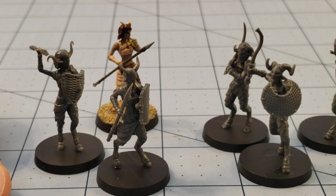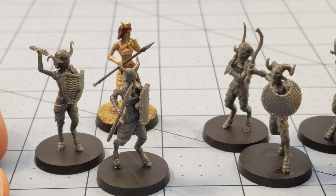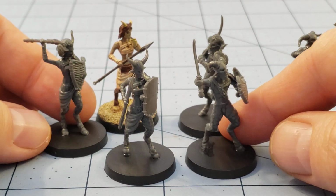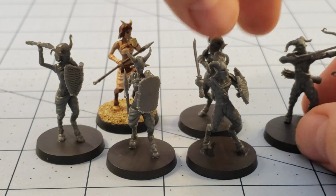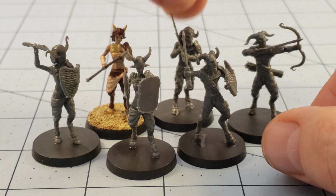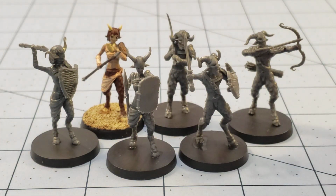Really, really well. So they're very thin, very skinny, and I gotta say, at least there is a bit of variety in terms of the posing, you can see here. So not everybody looks the same as the others. There is some variety in how they look, and especially with all the various head options, I really think you're going to get a lot of variety and choice of unique models, and that's not even taking into account the